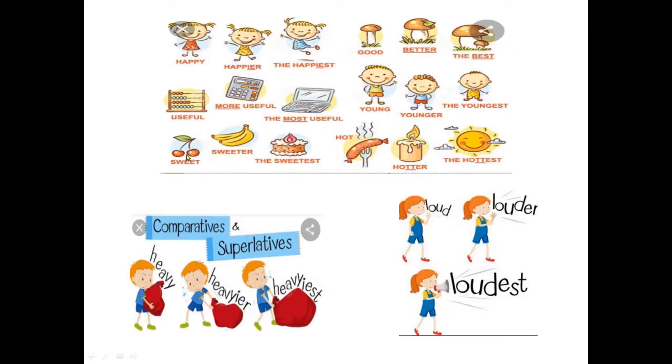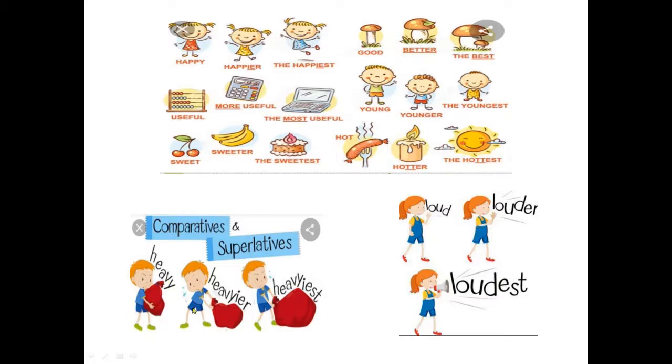This is a fruit. This is also a fruit, but this is the cake. So how will we describe? Sweet, sweeter, the sweetest. You know, children, cake is more sweet than fruits, right? So we have written sweet, sweeter, and the sweetest. Here also three pictures are given. Which kind of adjectives can we use? Hot, hotter, the hottest. So the positive degree, comparative degree and superlative degree of an adjective are used to describe these noun words.